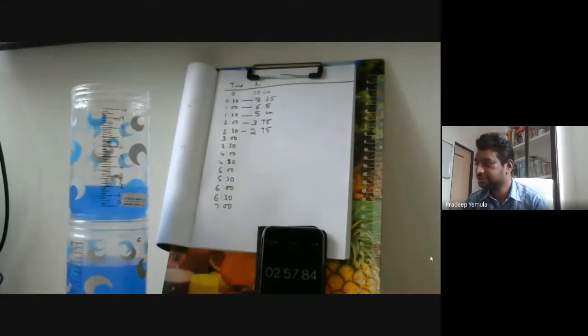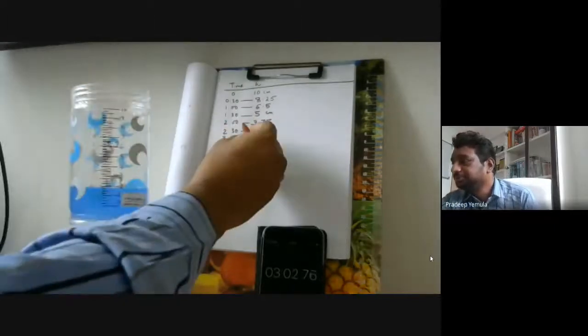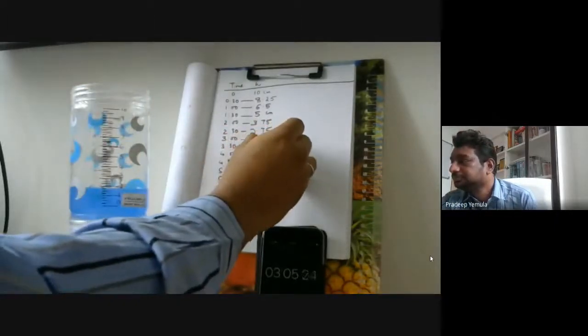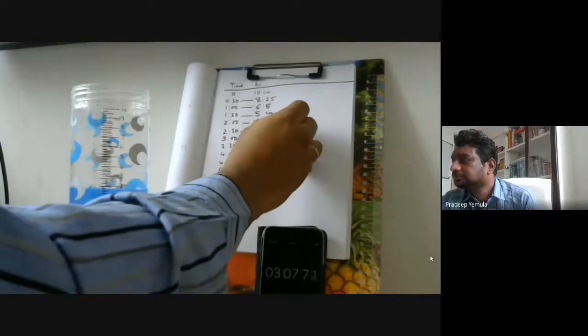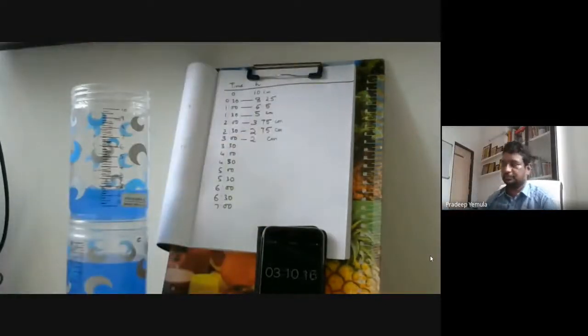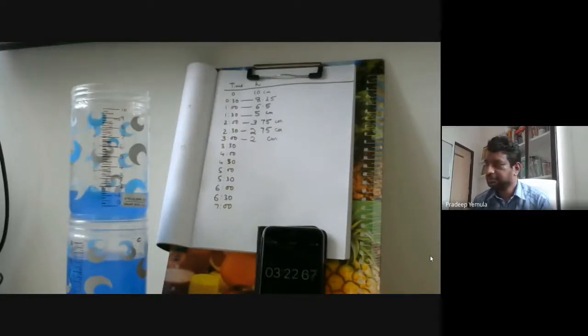So 2:56, 2:58, 3 minutes, and the height is exactly about 2. So 3:23, 3:24, 3.5 minutes, and the height is 1.25.